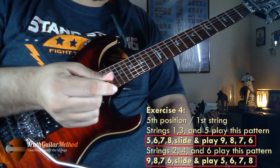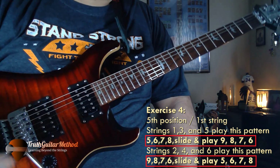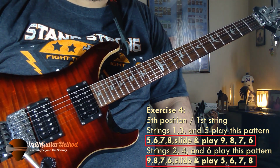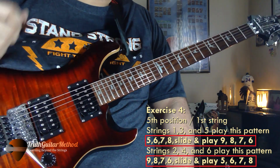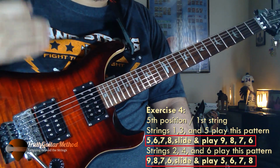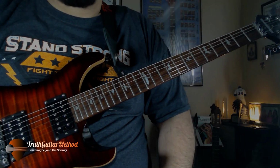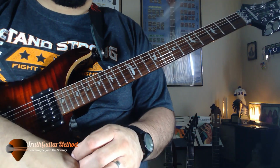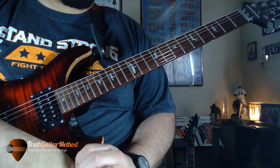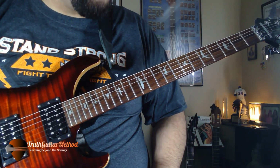And again, the right hand, constantly alternate picking. And I would not go faster until you're sure that you can do it at a slow speed. But I would increase the speed regularly, just so that you can get used to that feeling of going faster. The hardest part, I think, in my opinion, about synchronizing your hands is getting every single finger to work at